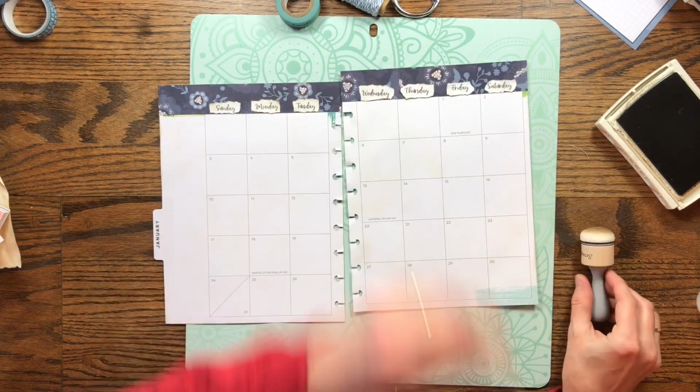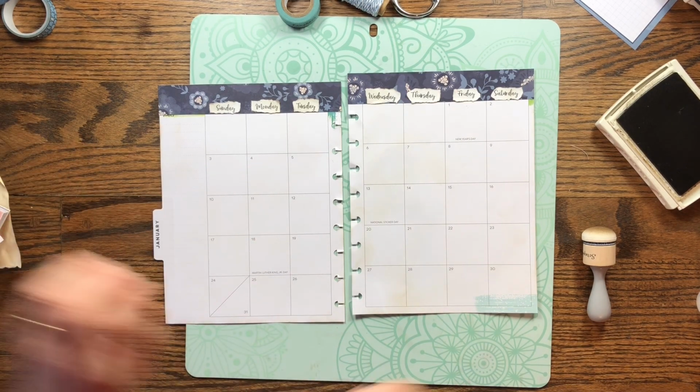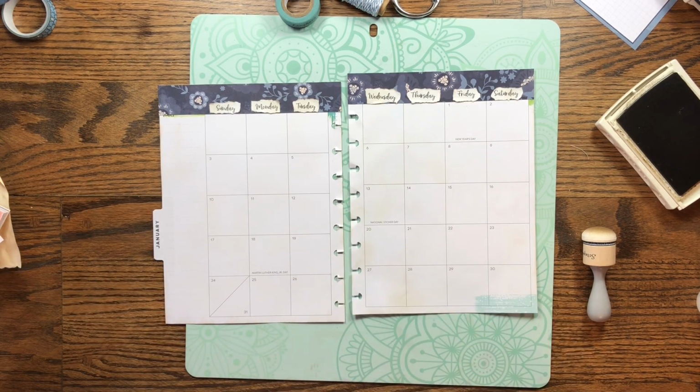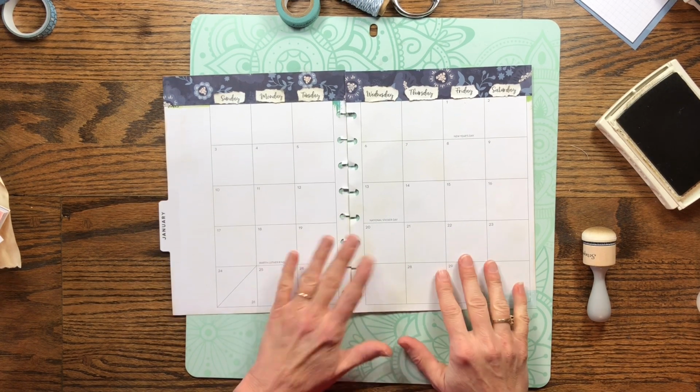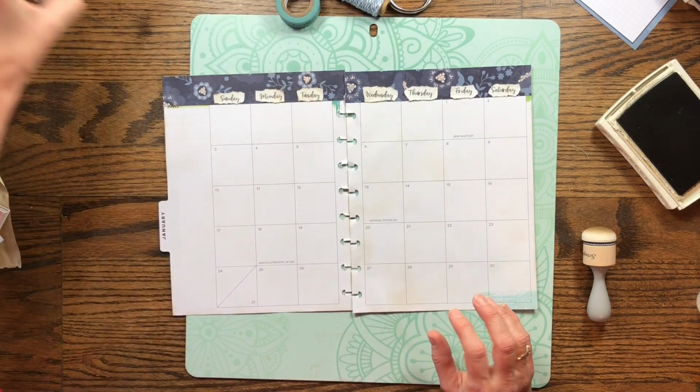I don't know if I want to or not. I'm thinking, do I want to add some light background stamp into this somewhere? I think I have a little flower somewhere. I'm just looking to see what I have laid out because I could put a little flower in the background. Just gotta think about it. What stamp do I have? I have this one that I